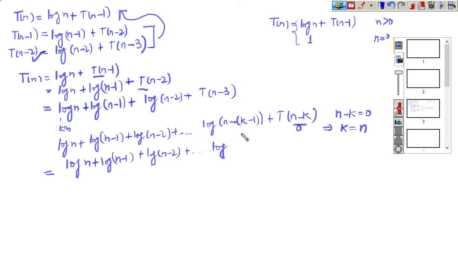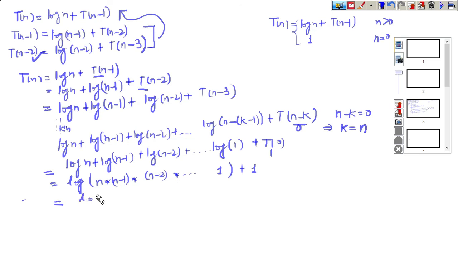This will be log of 1 plus t of 0, which is again 1. So here you can use the concept of log. We know that we can represent this as n into n minus 1 into n minus 2 into 1 plus 1. Now here you can observe that this is a factorial term. This is n into n minus 1, n minus 2 up to n. So we will write it as log n factorial